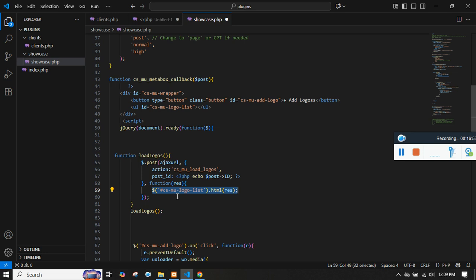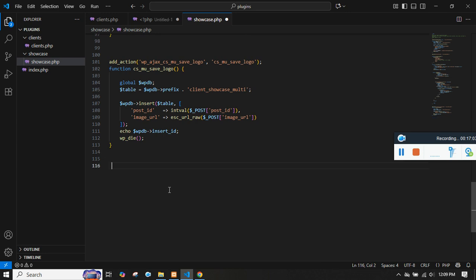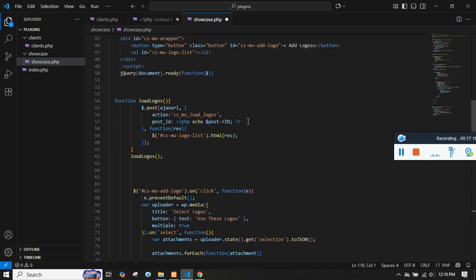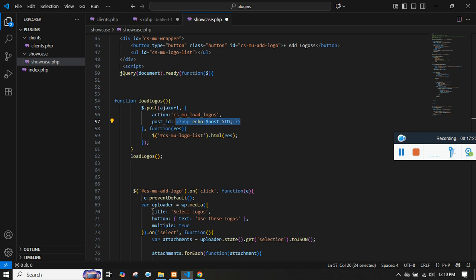We will be receiving the values, and after that we would be calling that function so that it gets loaded automatically. Now since we have used an action, we need to create a hook, just like we did wp_ajax_ followed by the action name. Over here the logic is going to be very simple. Since we have the ID passed, we'll be just fetching that particular post ID, which in this case is 220,